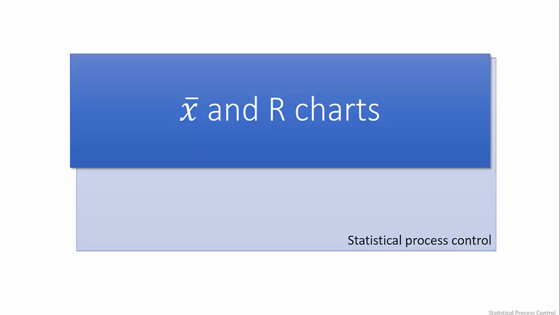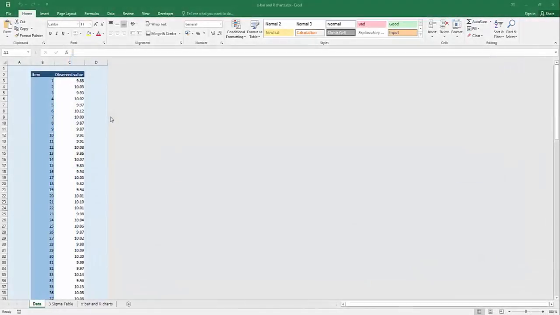In this tutorial, we'll see how to build XBAR and R charts for statistically controlling a process. XBAR and R charts are control charts for continuous variables measured from a production process. They allow us to detect deviations from the expected behavior of our production. We'll start from an example Excel file called xbar and